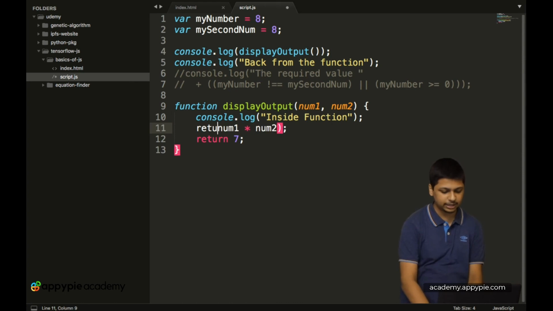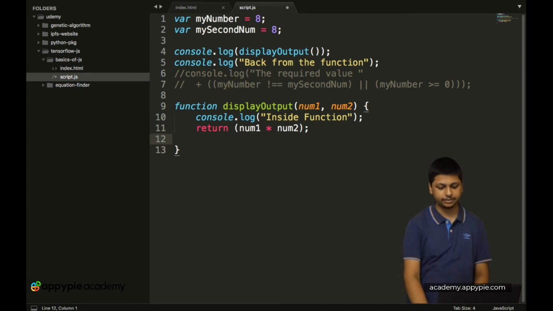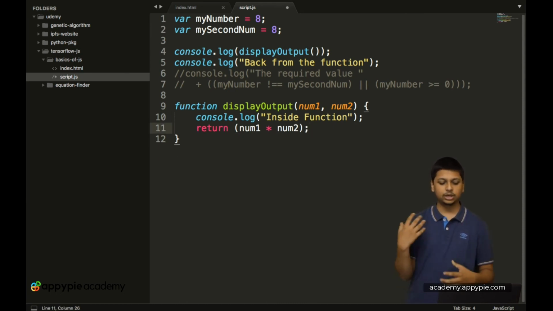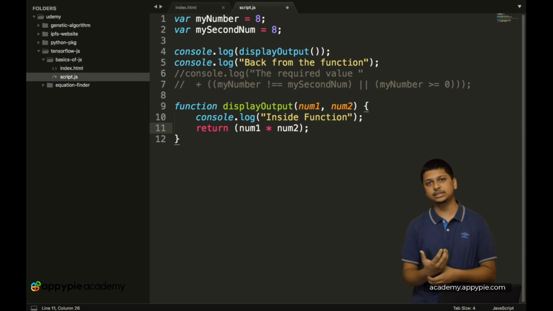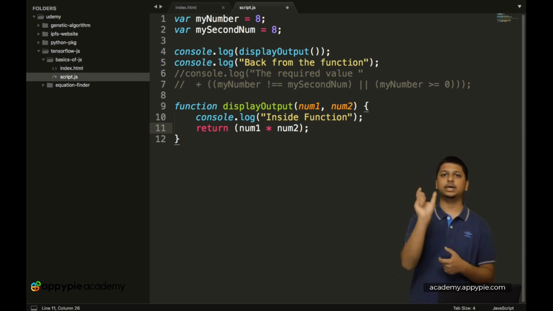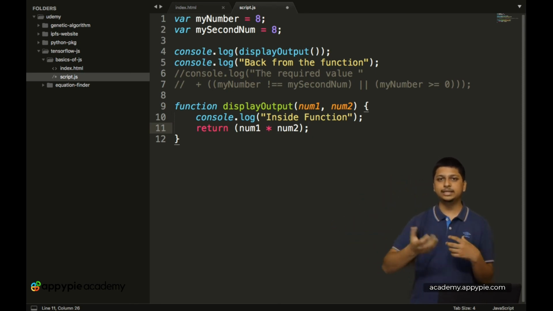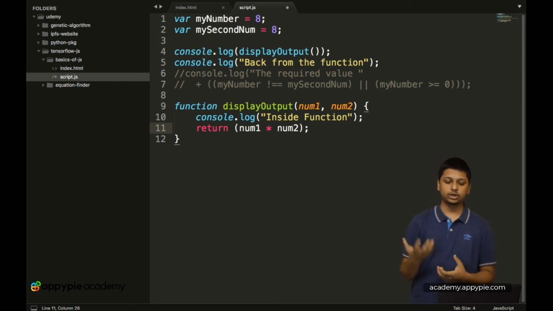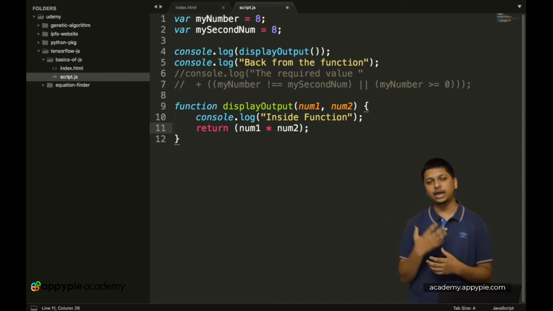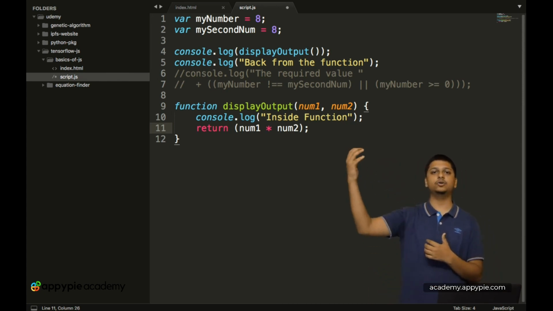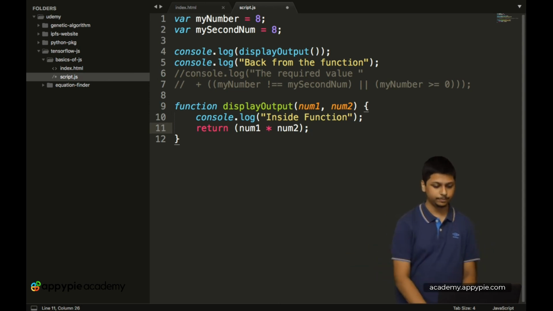Let's type in return over here, and let's just add in brackets over here, and let's remove this return statement. So essentially what this function does is that it takes two numbers, num1, num2, then it displays the console.log statement which says inside function, and then it will return a value of num1 into num2.